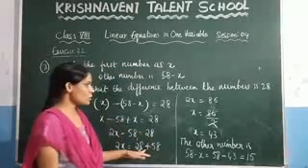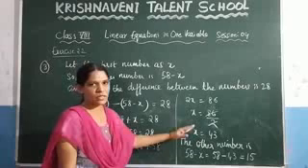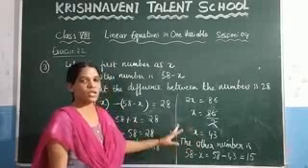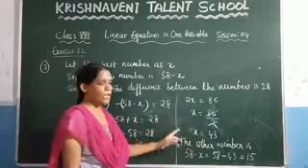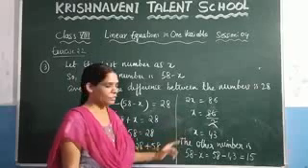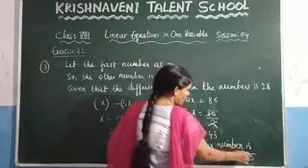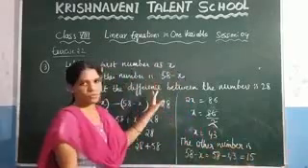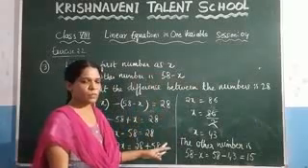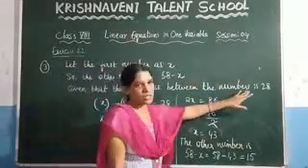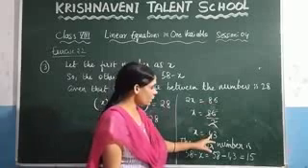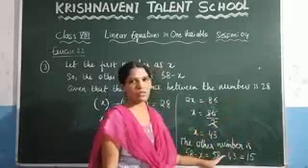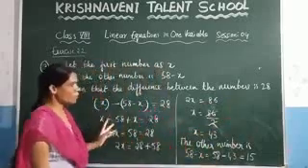If you want to check whether this is solved correctly or not, you can check it. What they have given: if you add the two numbers, you have to get the result as 58. Adding 43 plus 15, you know that is 58. And if you subtract those numbers, what do we have to get? We have to get 28. Now subtract it, 43 minus 15, you will get 28. So this is the problem.